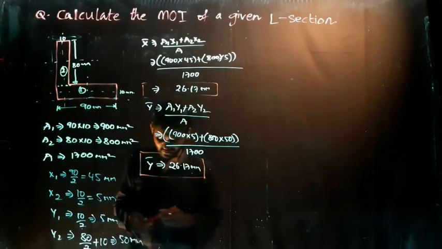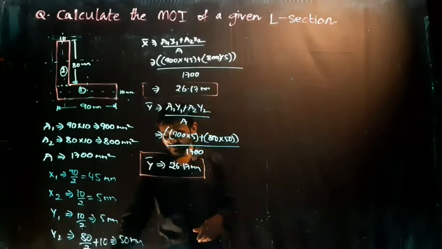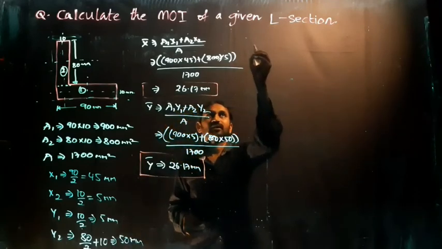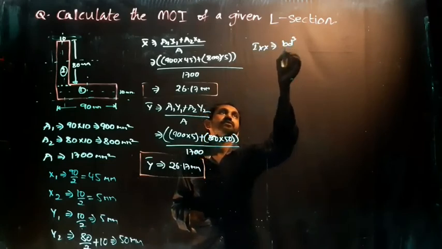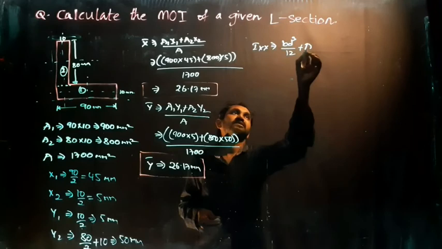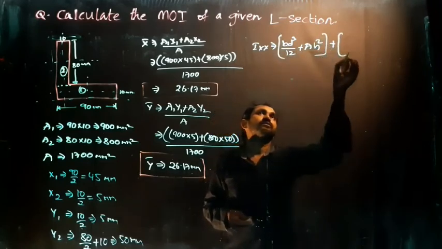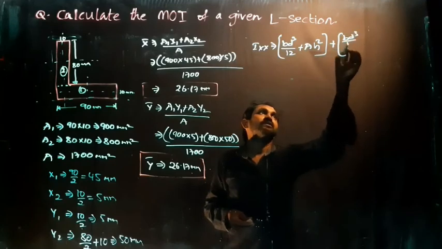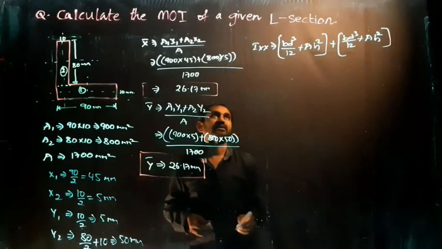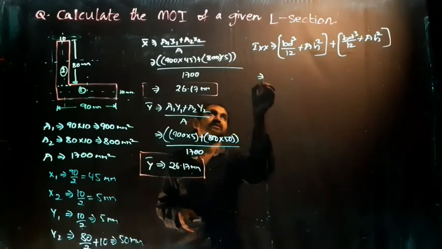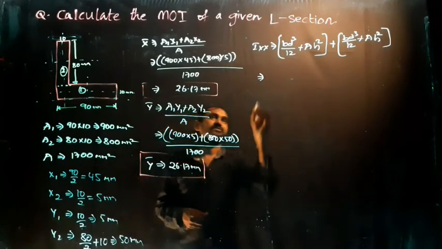Now what you have to do, you have to calculate the moment of inertia. It means Ixx as well as Iyy. As we discussed earlier also, what is the formula of Ixx? Ixx equal to BD cube by 12 plus AH square. This is a formula, but you have two sections. So BD cube by 12 plus AH square. Right? Now I am substituting the values. As we all know that h is equal to y bar minus y1. So directly I am substituting the values.